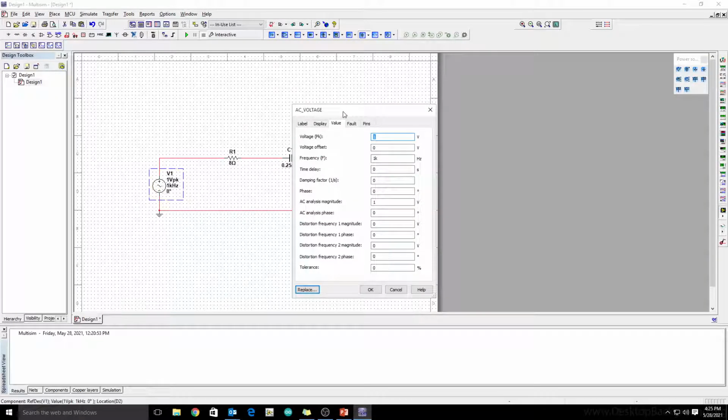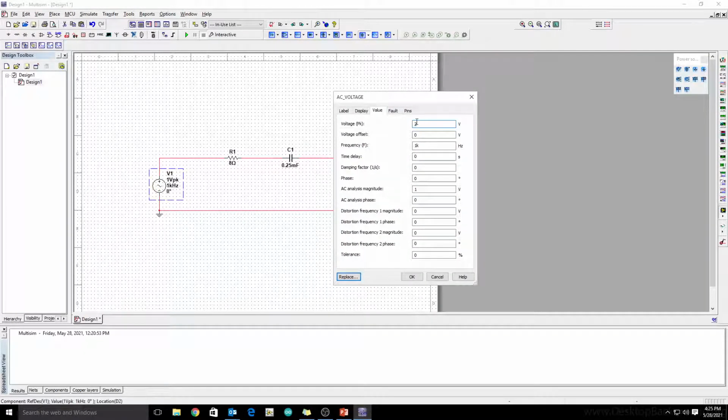Now set the value of this source: 20, with a frequency of 79.5775, and a 30 phase shift.